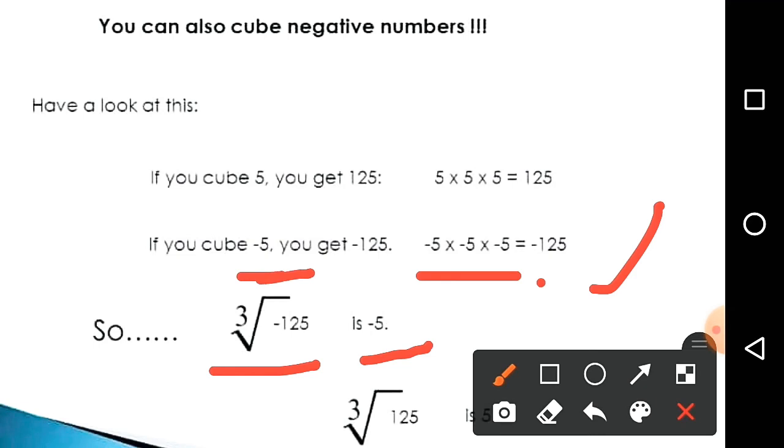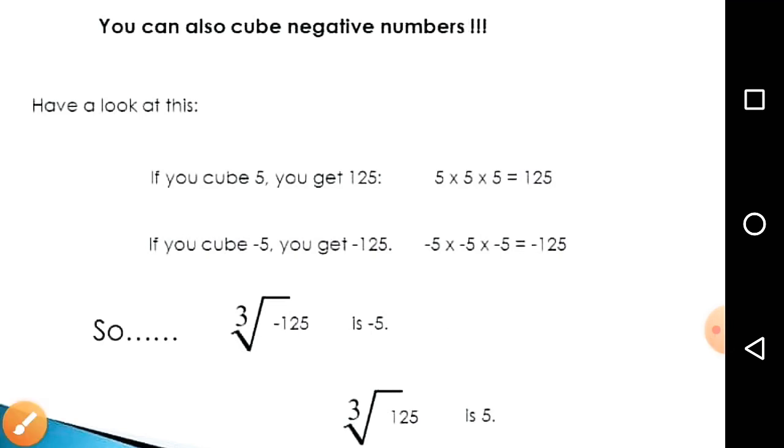So minus 125 क्यूब नंबर है, that is the answer, it is a cube number, और उसका जो क्यूब रूट होगा, okay, so that will be minus 5. So this way you will write it in symbol form, cube root of 125. Okay, if we are taking only 125 then the answer will be 5, and if we are taking minus 125 then the answer will be minus 5. So we can also find cube of negative numbers this way. So cube root of 125 is 5 and cube root of minus 125 is minus 5.